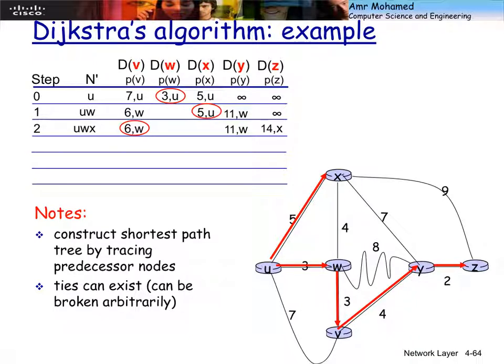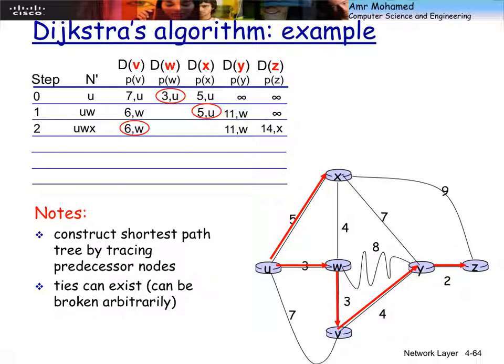For W, once you reach the minimum, you don't have to calculate it anymore. That's one thing that you need to notice here. Because you added this node to the minimum shortest path tree, that's it. You don't have to calculate anymore. And X, of course, is part of